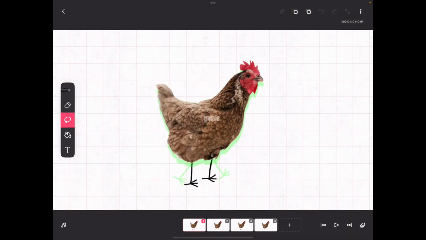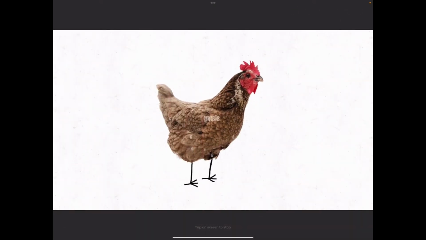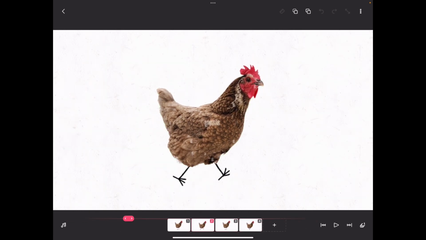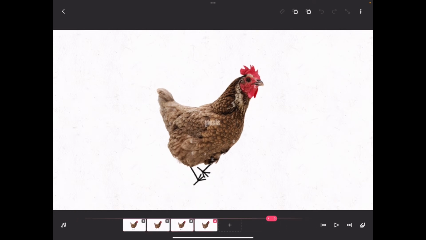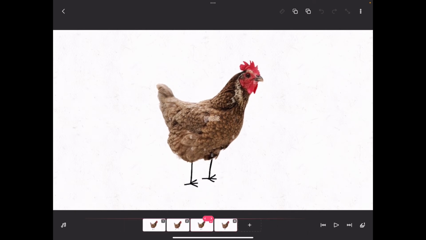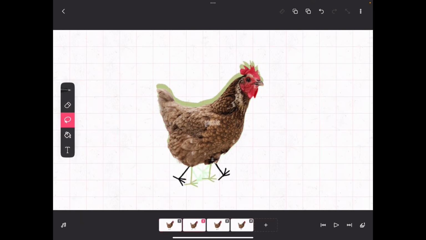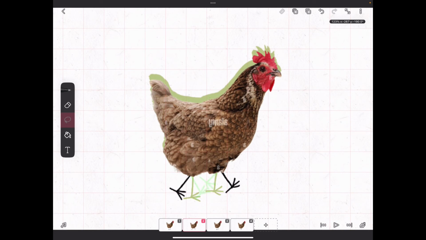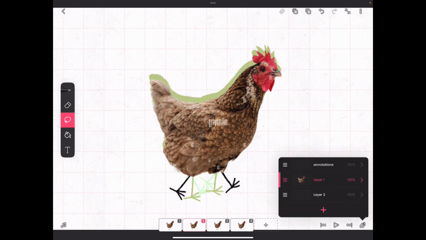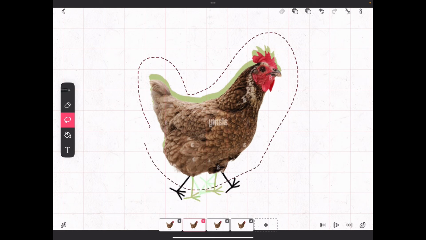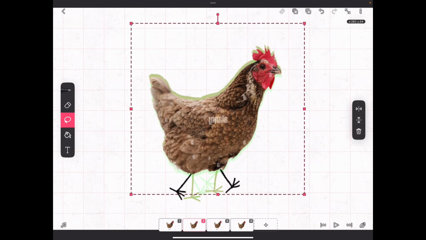So now let's see what we got here. Now it will look a little bit closer to what it's supposed to look. Even though we only got 2 frames, it's not photorealistic, obviously, but it makes more sense, even though I think I should move the chicken a little bit upwards. I could even